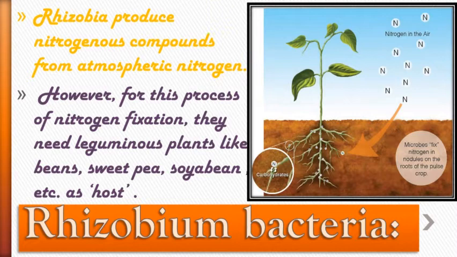Now alongside picture you can observe the nitrogen molecule in the air. It is fixed by the Rhizobium bacteria into the roots of a plant by nodules. You can observe inside the circle it is written microbes. Now microbes means here Rhizobium bacteria only. So microbes fix nitrogen which is present in the atmosphere in nodules on the roots of the pulse or crop, and they exchange carbohydrate also, right? So beans and pulses are rich in proteins, this we know, and this is due to the nitrogenous compounds made available by Rhizobia.